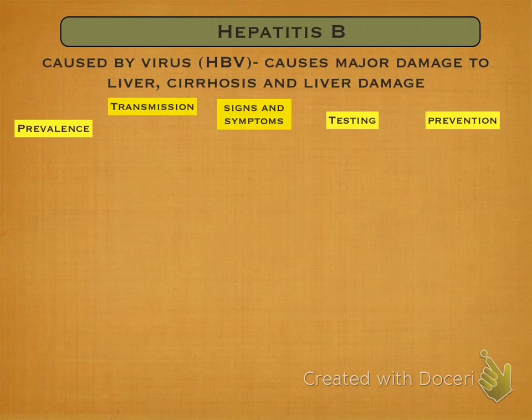So, hepatitis. There are different strains of hepatitis, just like there are different strains of the flu, different strains of herpes. The bottom line is, when we talk about a strain, you've got the original, which is like the parents. And then if you've got hepatitis A, B, C, D, E, and F, they're all brothers and sisters of these parents. They're all hepatitis, but they all have a different name. Similar characteristics, but a little bit different, just like your parents and all your siblings. Basically, that's how that works when we talk about different strains. So today we're going to talk about hepatitis B.